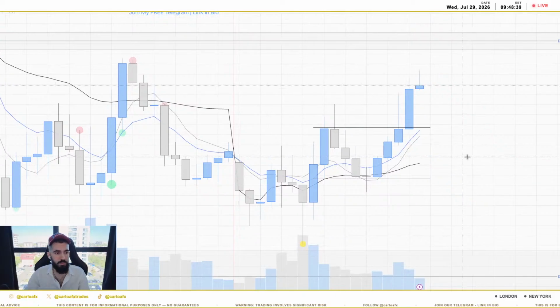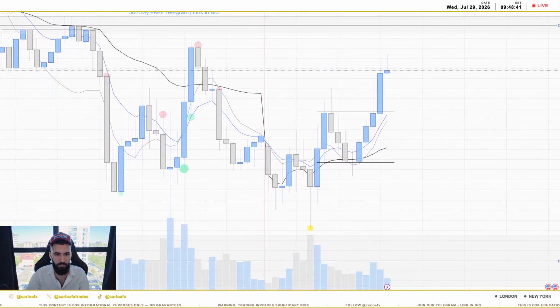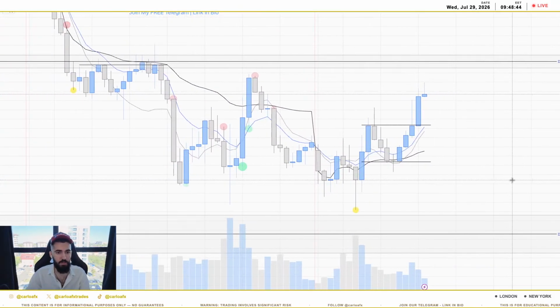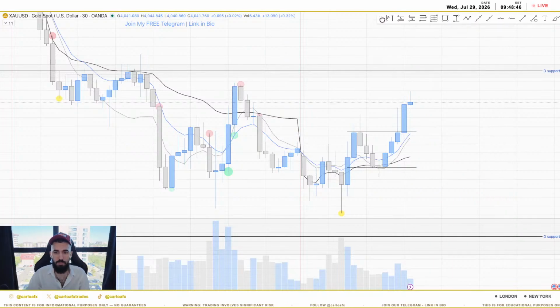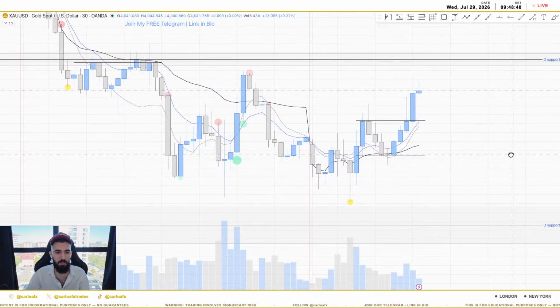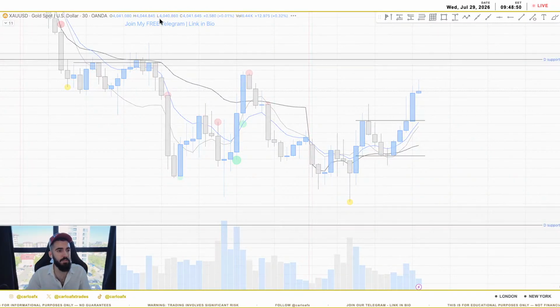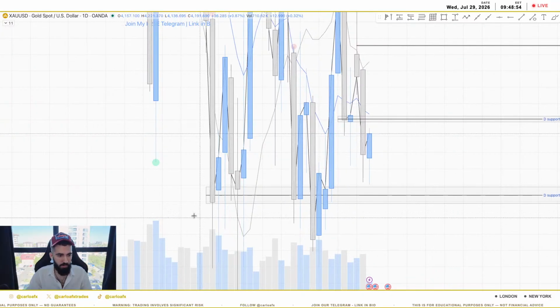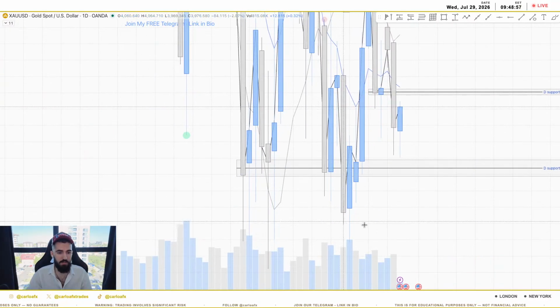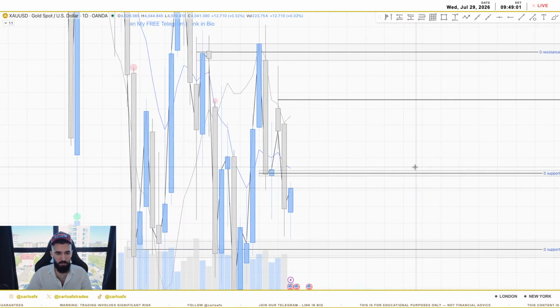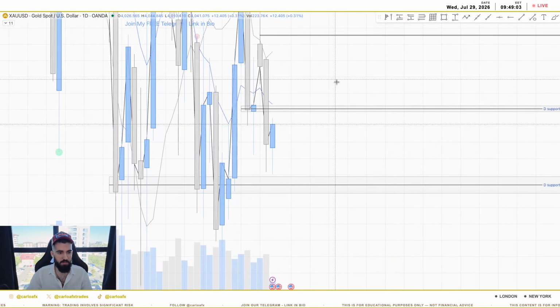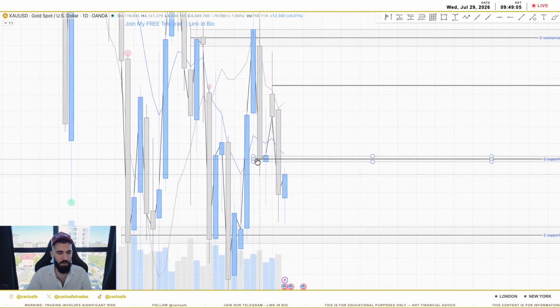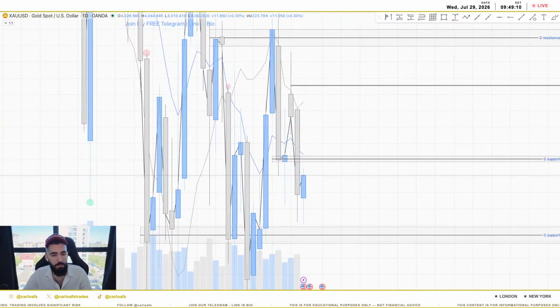Okay, so let's take a closer look. Let's start on daily. All right, we have this daily support here. This is a fake out of this support, right? Daily support, we broke out of this support right here. Let's keep it a little bit even today. I'll keep this daily support even today because